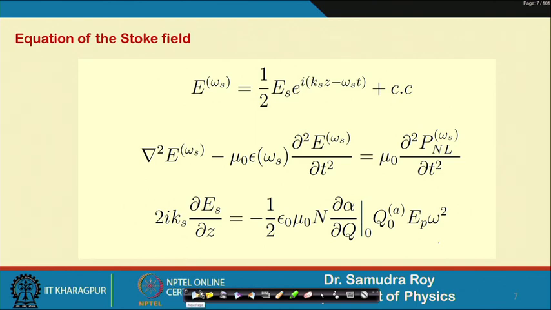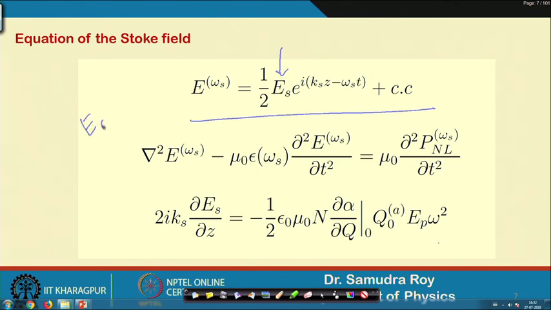So, exactly here, first, this is our field. I need to find the evolution of this quantity. So, mind it, E s is the amplitude of the Stokes field which is evolving inside the system. So, it has to be a function of z,